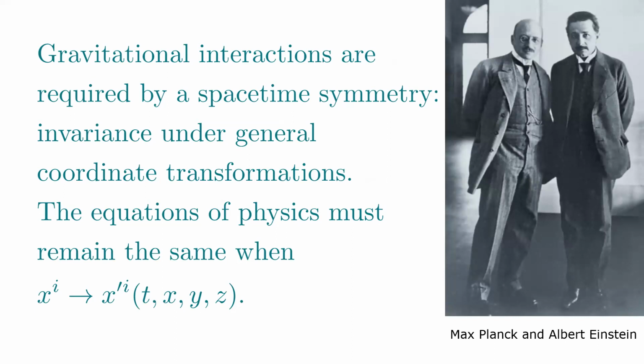And the idea here is that gravitational interactions are required by a space-time symmetry, namely that in order to have invariance under general coordinate transformations, you must essentially have general relativity. And the gravitational interactions implied by general relativity are those required by the symmetry of,